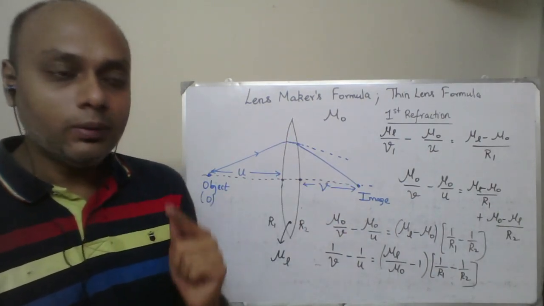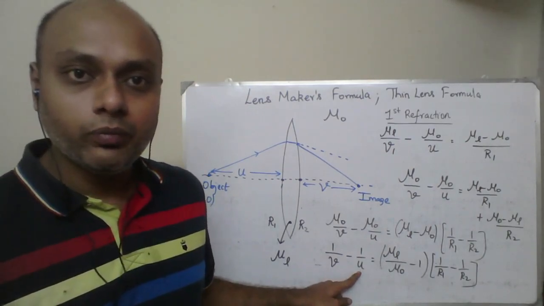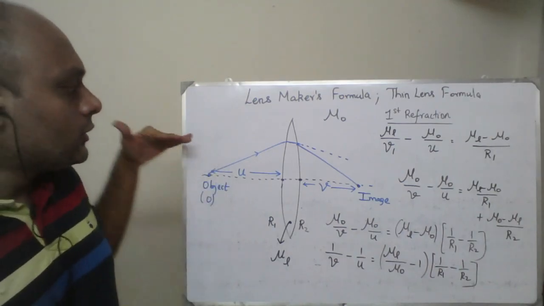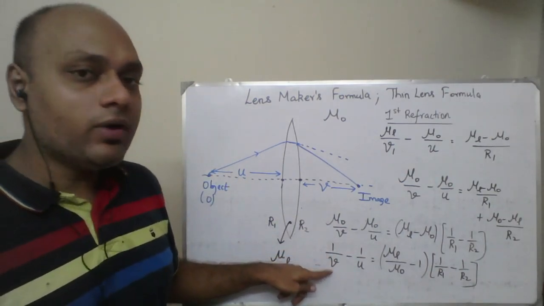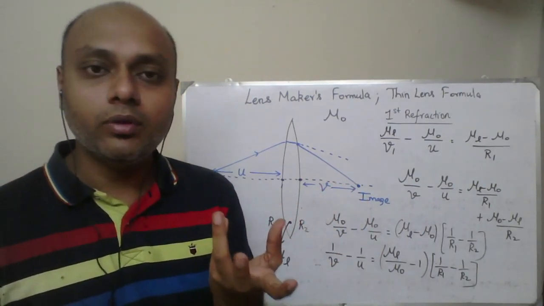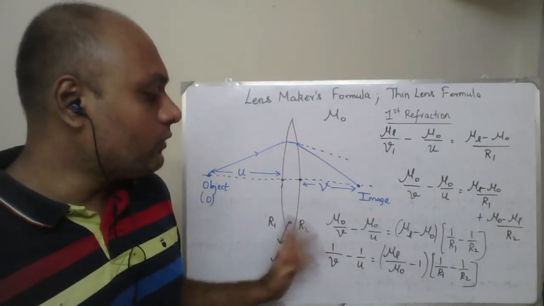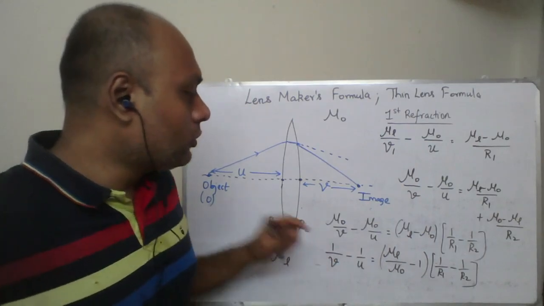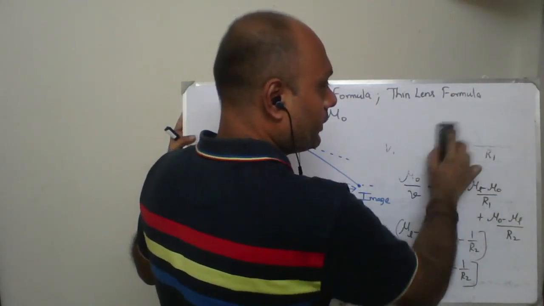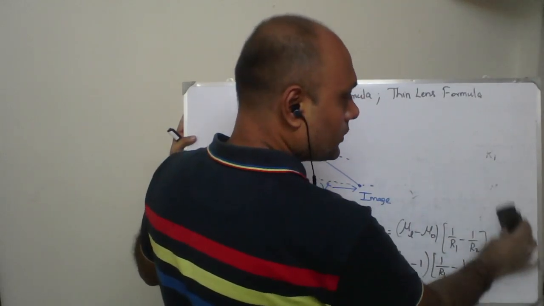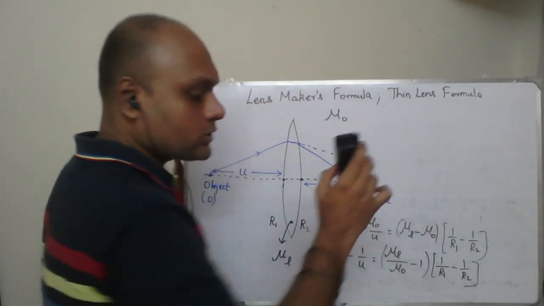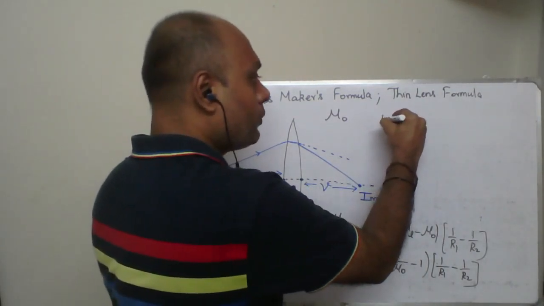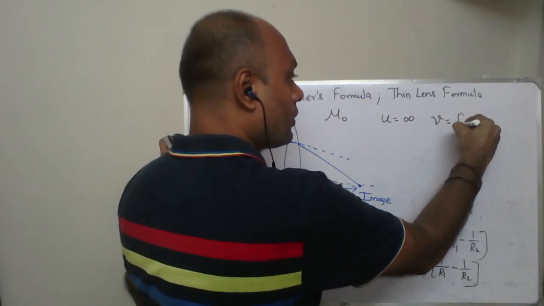So if you put U as infinity, meaning that the incident ray is parallel, so the object goes to an infinite distance, the V value that you get is going to be the focal length for that particular device. So if U is infinity, V will become F. These things you have to write down, so make note of it. What is focus? If the object is at infinity, where the final image forms, that is the focus. So if you put U equal to infinity, V will become the focal length.